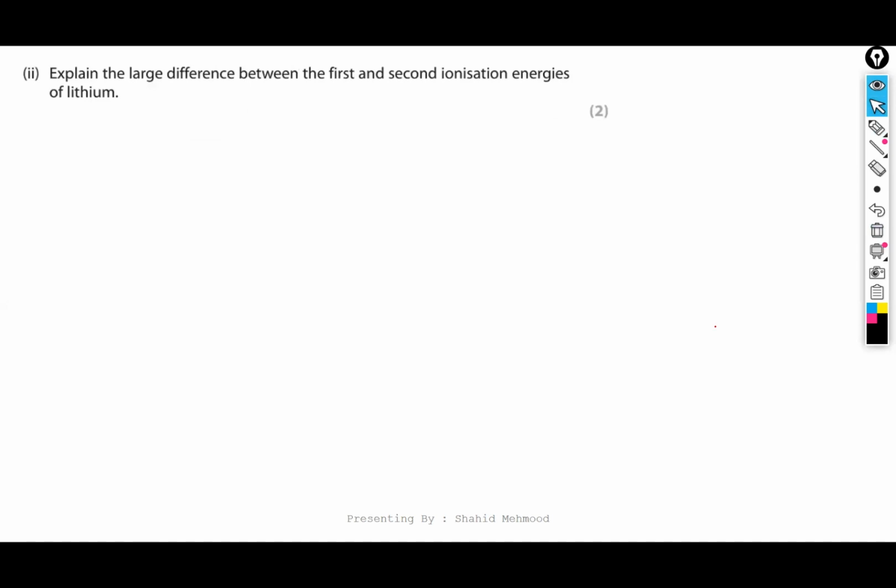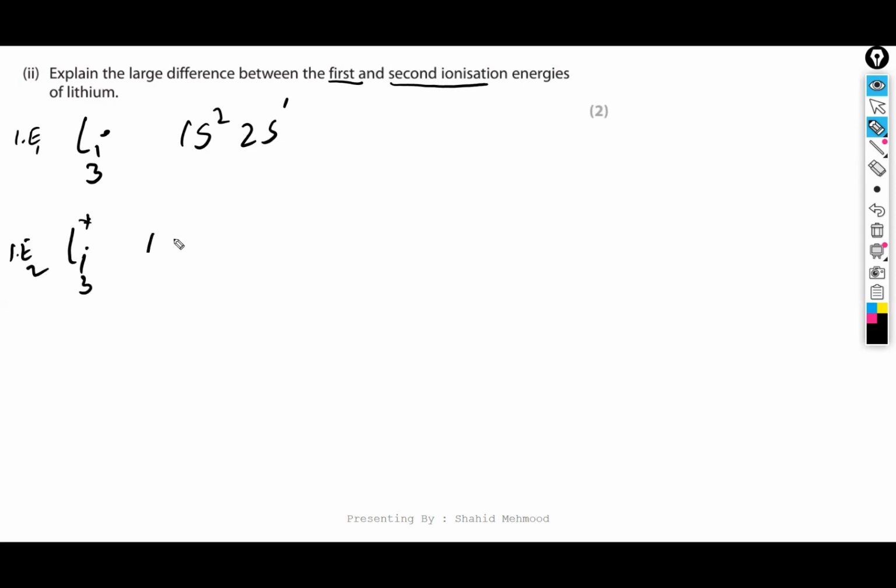Explain the large difference between the first and the second ionization energies of lithium. We have to explain the big difference between the first and the second ionization energy for lithium. If we do the configuration, it is 1s2, 2s1, while for the second ionization energy we have to write only 1s2. In the first ionization energy, the electron is going to be removed from 2s, while the second electron is going to be removed from the 1s. So when you do the configuration of lithium and lithium ion, it will be clear to you